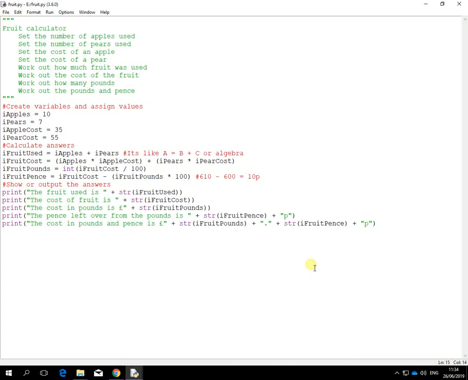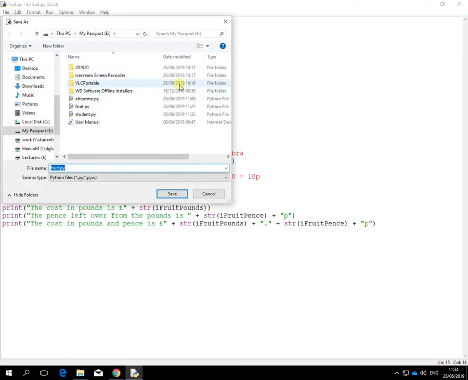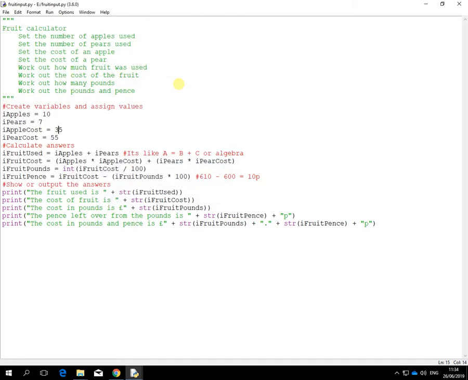I've opened up a previous program called Fruit. I'm going to do Save As. I'm going to alter this, but I want to keep the original one, so I'm going to call this Fruit Input. Right, so this is no longer Fruit, it's called Fruit Input, and this is the one I'm going to